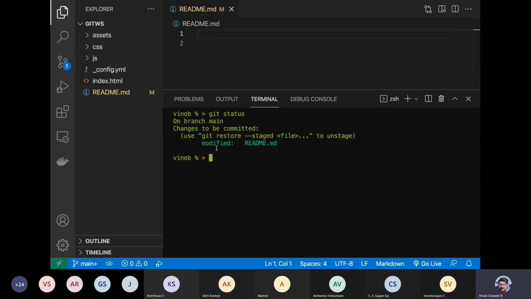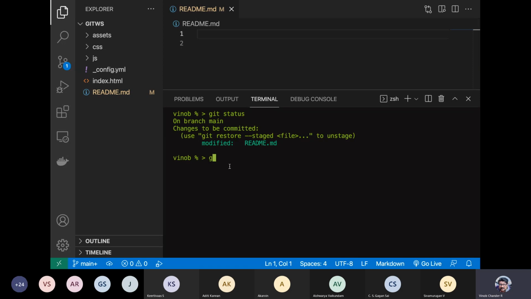See, it still says modified readme. Now I can do a commit. Now when I do a commit, there will be no contents in this particular file. Now from this particular staging area also you can restore that particular file. When you do a restore, you need to do it two times. One from the staging area to your working directory, and then you need to do a restore again so that from the working directory you actually get your original content back.